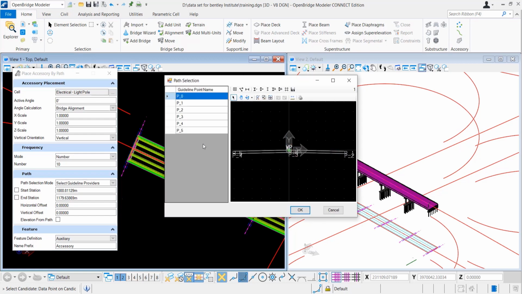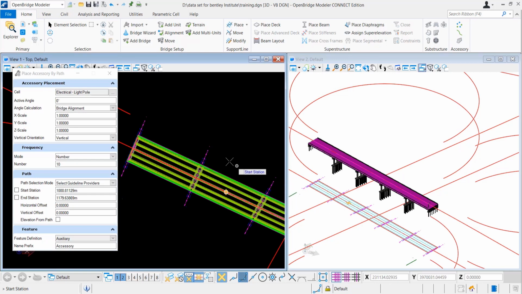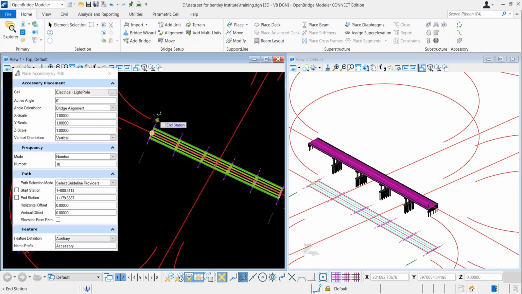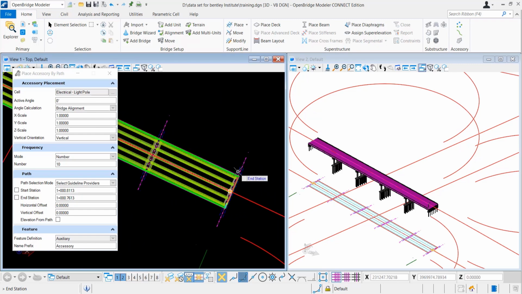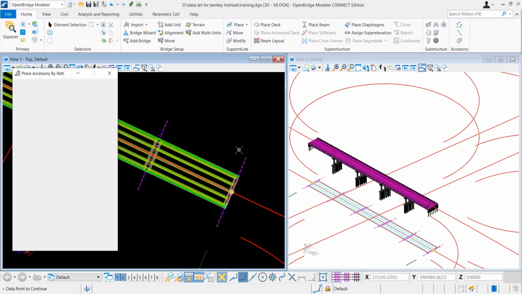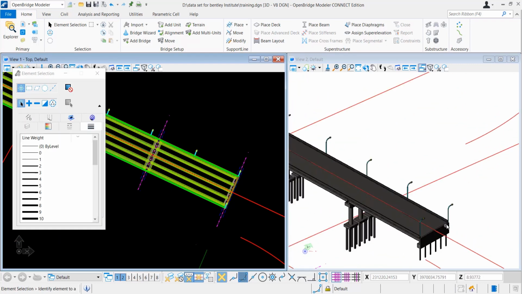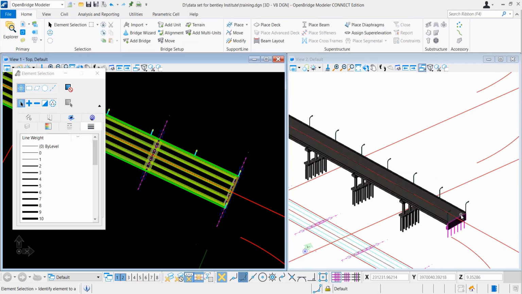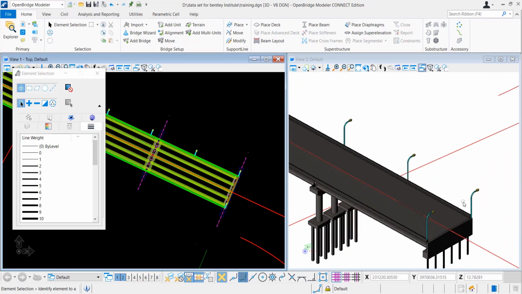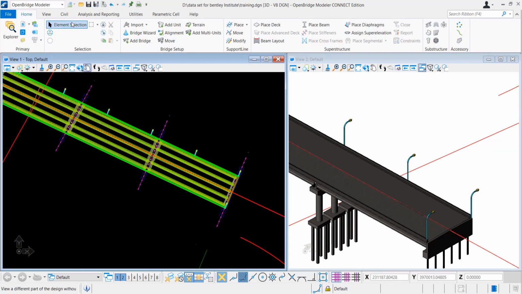And so it is, in a similar way, asking for an attachment point. As you know, we are placing it to P5, it's the left side, and it asks what is the starting and what is the ending, and then we select our support lines, basically start and end support lines. So by this option you can actually extend this to outside the bridge as well, and you can see it places the light. But as you can see in the model, it's placed in a different direction, but we want to rotate it.